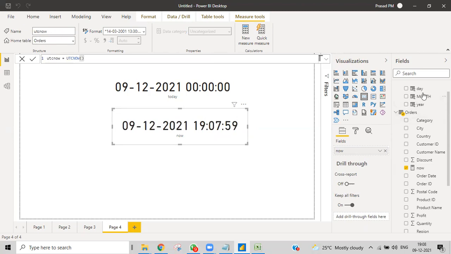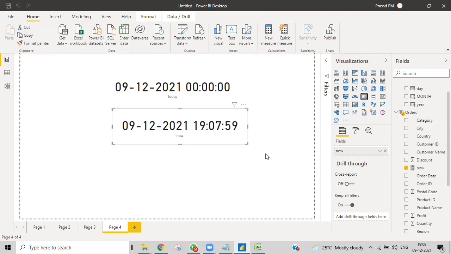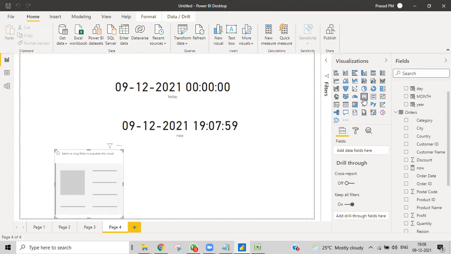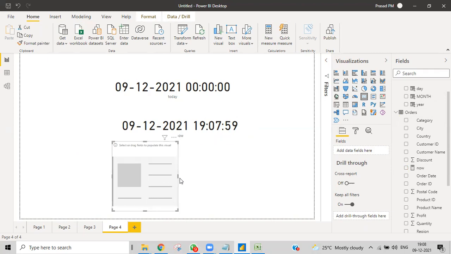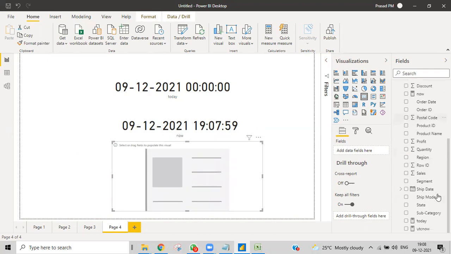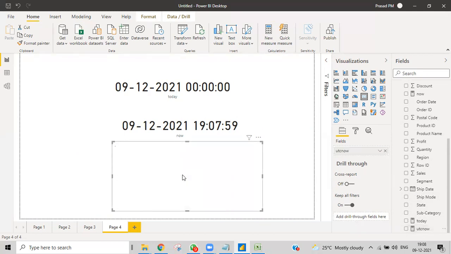Let me get that code over here again. Where is that UTC now? You can see the time.